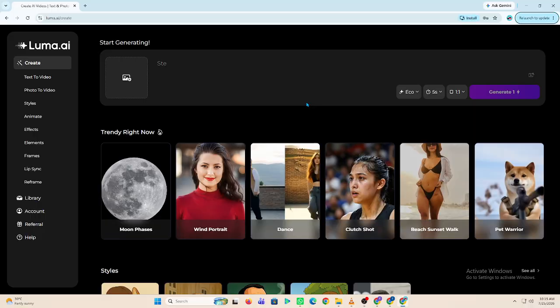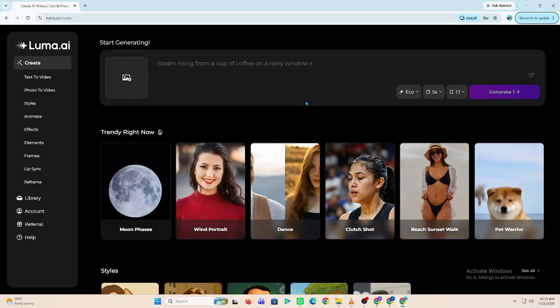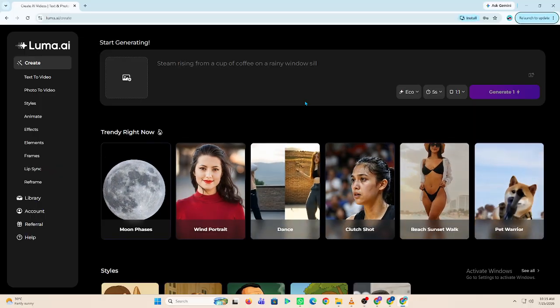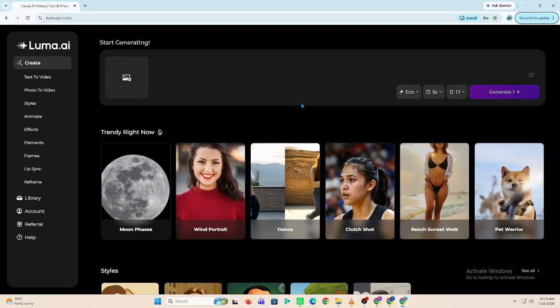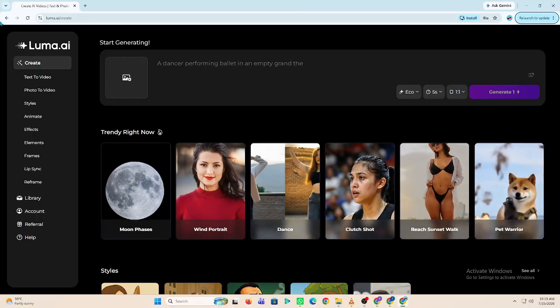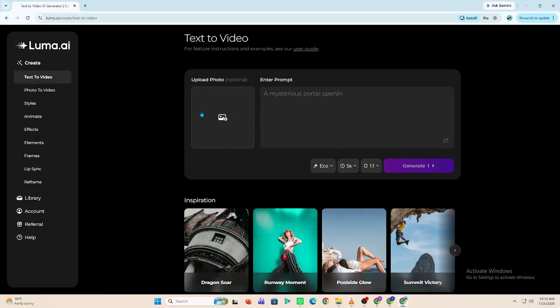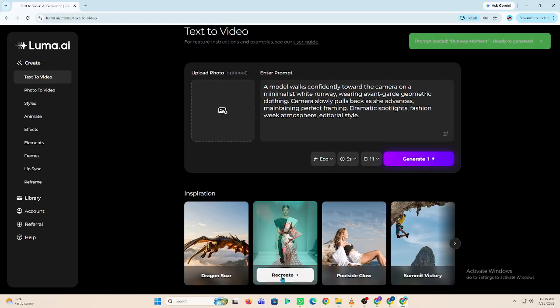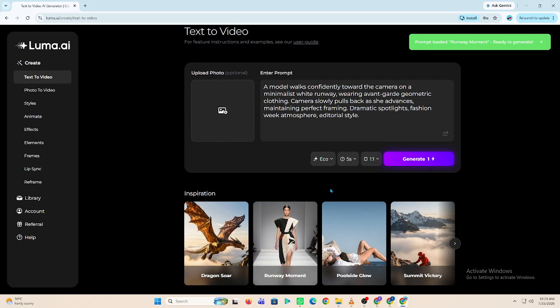Next, choose a short video format that works well for platforms like YouTube Shorts, TikTok, and Instagram Reels. Click Generate and wait while Luma AI creates your video clip. Once your video is ready, preview the result and improve it by adjusting your prompt if you want different movements